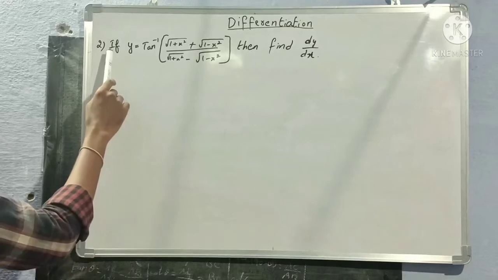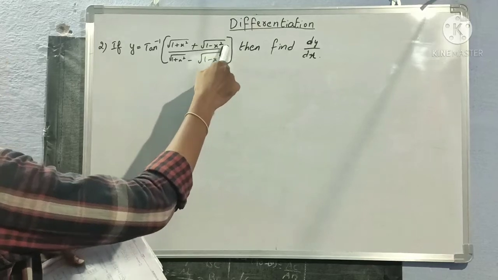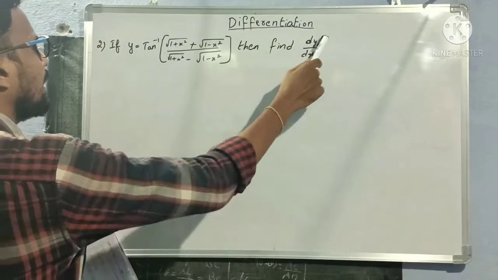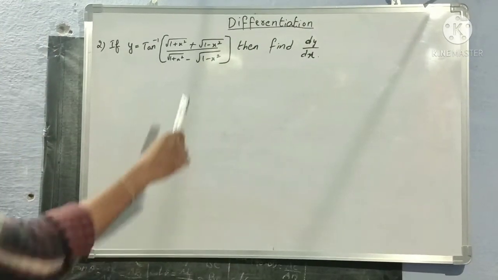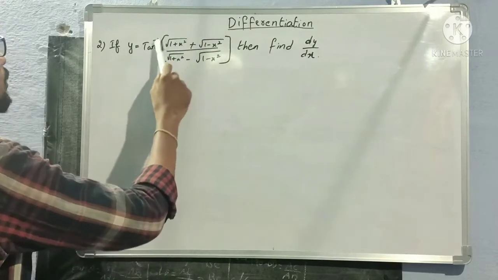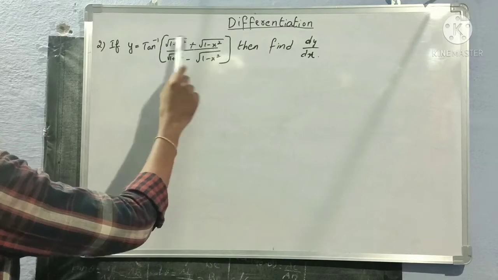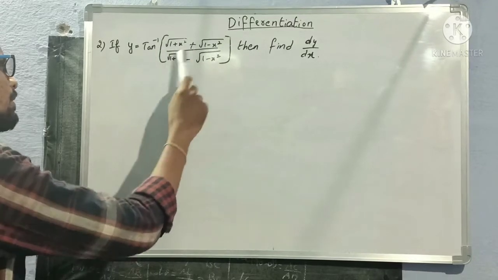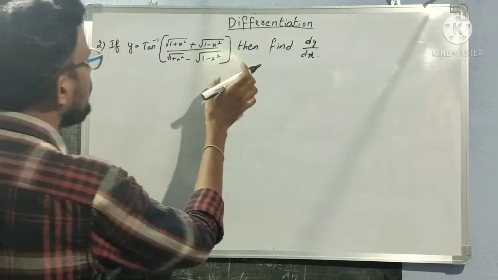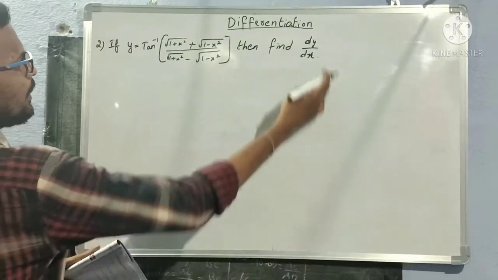So once again I will read the question. If y is equal to tan inverse of square root of 1 plus x square plus square root of 1 minus x square by square root of 1 plus x square minus square root of 1 minus x square, then find dy by dx. Okay. Here also, I can't take differentiation directly. Why? Because here 4 functions are there. Square root of 1 plus x square is one function and square root of 1 minus x square is one function. If it were possible, I could take u plus v. But here the denominator is also there. We don't have any formula like u plus v by u minus v. So not possible. So here also we need to take some trigonometric substitution and simplify this. Then only we can get the solution, that is dy by dx.